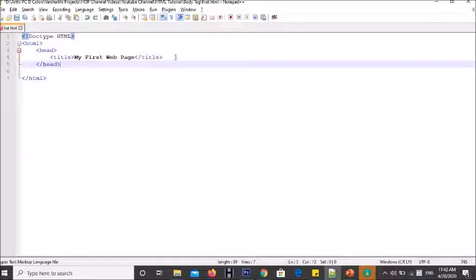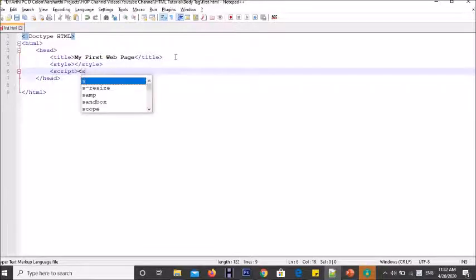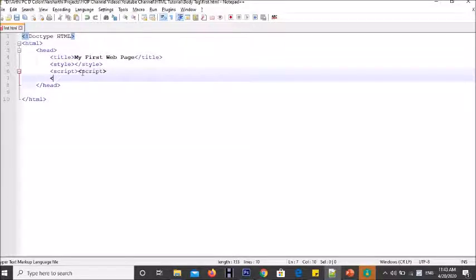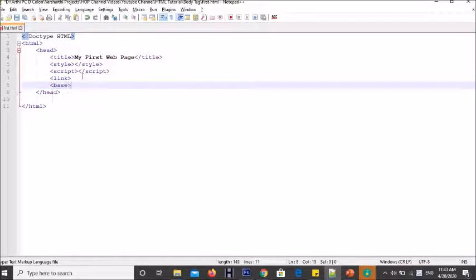Some other tags that can come inside the head tag are the style tag, script tag, link tag, and base tag.